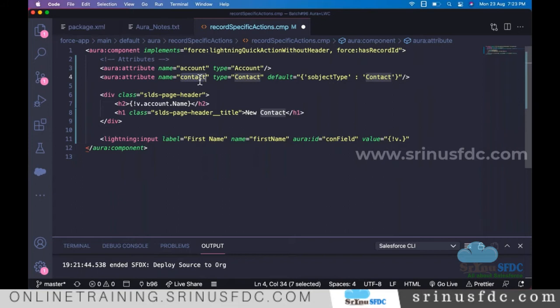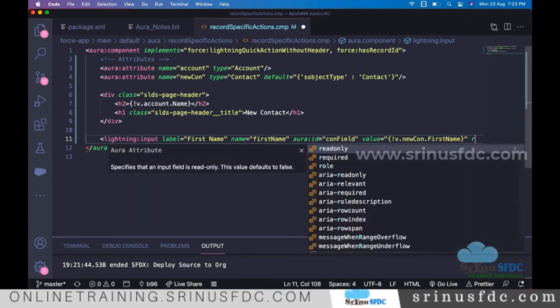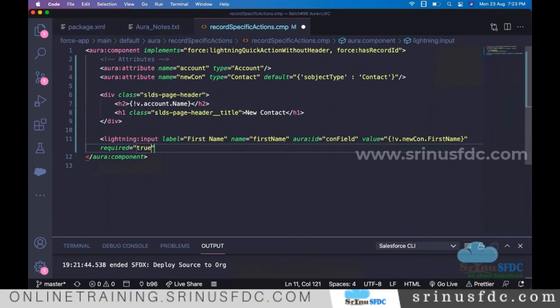So maybe this is a new contact, right? Let's give the name like this. We are going to create a new contact. In that, there is a field called first name. Into that first name field, whatever value we enter should be stored. And also, I want to make this one required.